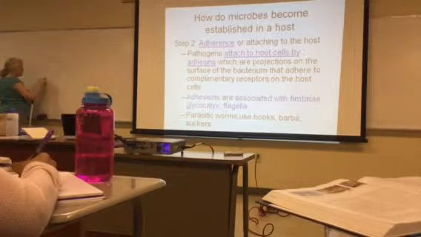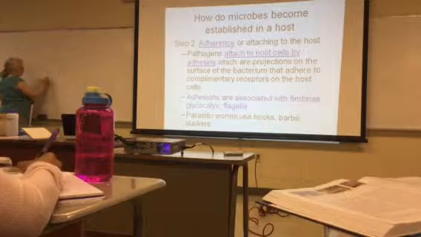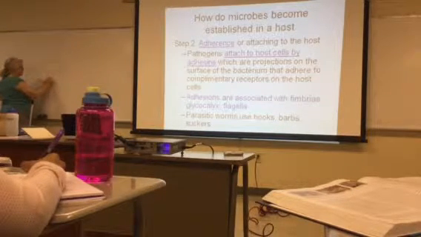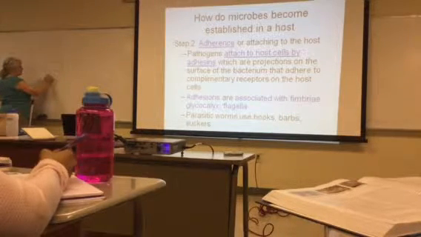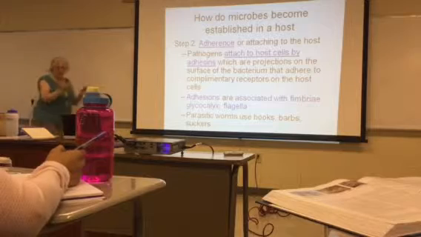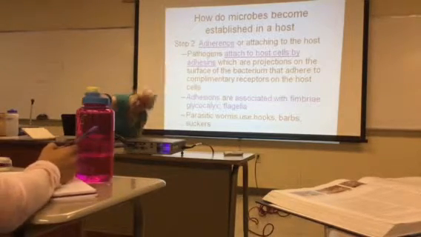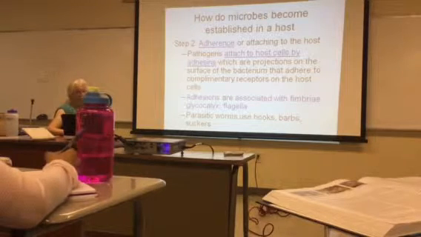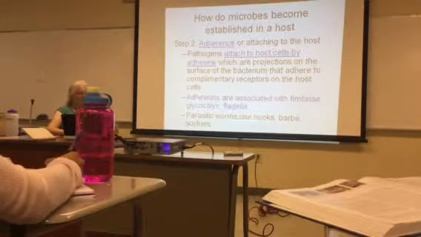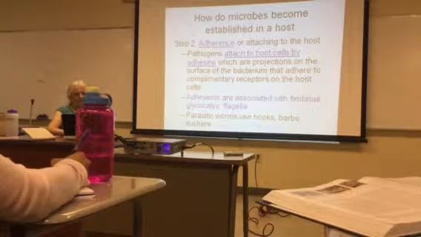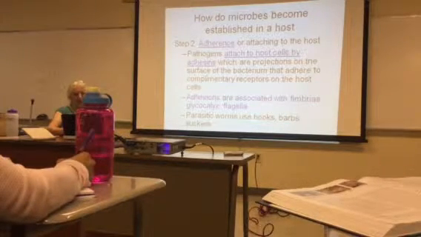And on a host cell there will be a receptor site that is exactly a perfect match for that adhesion of the pathogen. So adhesions are associated with fimbriae, with the glycocalyx, which could be the capsule or the slime layer,